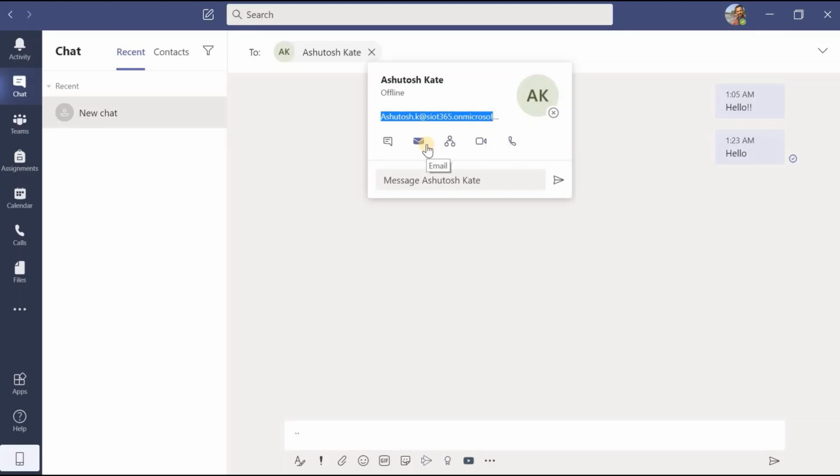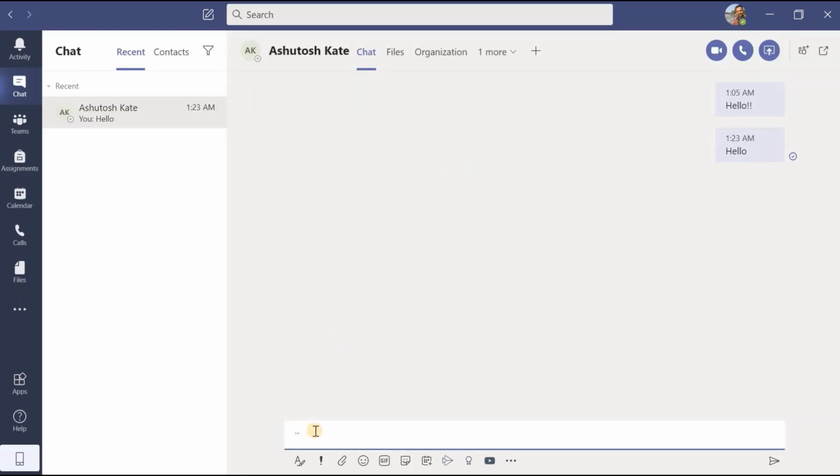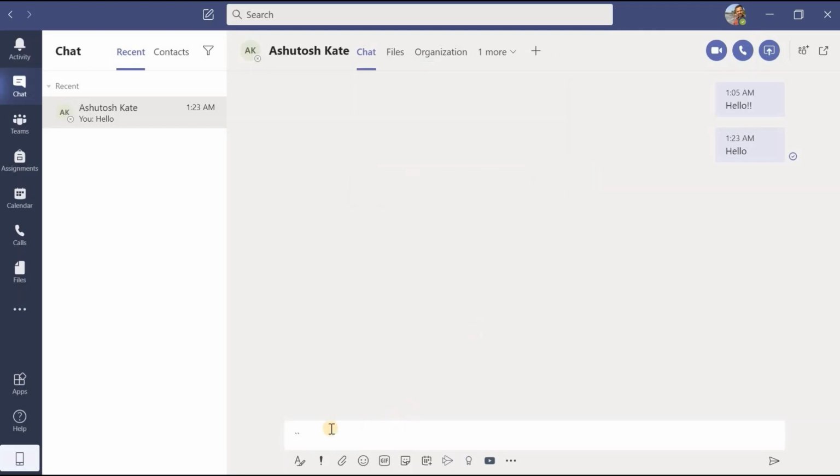If I want to send a message to Ashutosh Kate, it is not necessary to go to this bottommost portion. What I can do is simply move the cursor over his name and I can find a window like this. I can go here, type what message I want to send, and click on this. Easily that message I can send. Let us explore how we can send the messages. Let us say I want to greet him with good morning.